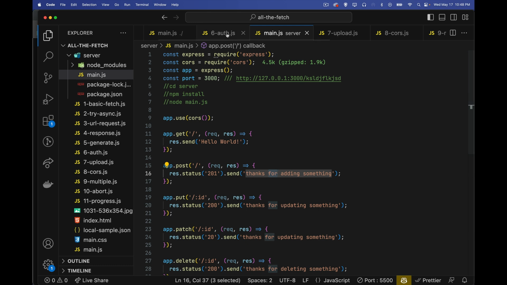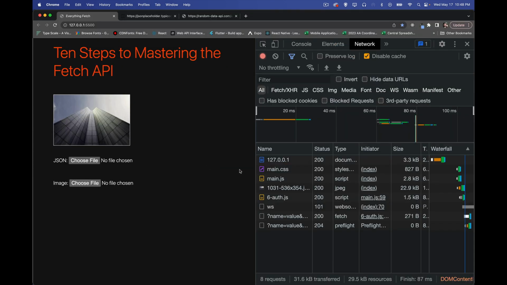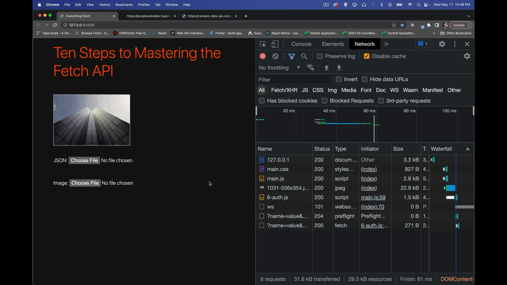If we change this back to get, that 204 is going to be gone. There is no 204 for a get. Oh, sorry, yes, we are still dealing with a different origin. So yes, we're going to get that, but the 200 code, that's the one. Instead of 201, we're getting a 200. The 200 is for the get, 201 was for a post. Okay, so that is